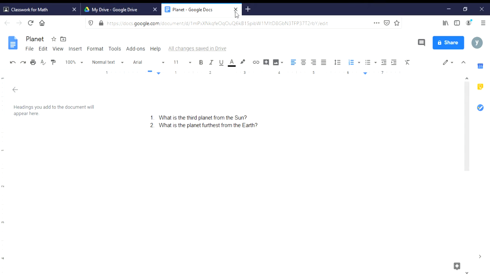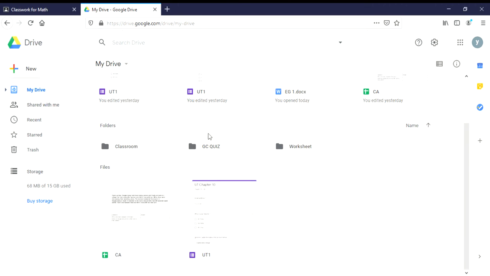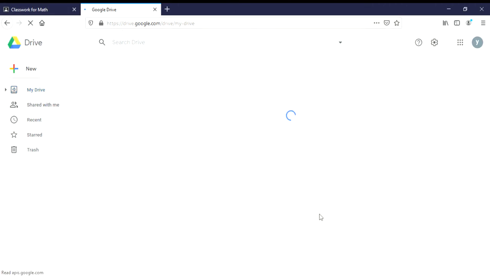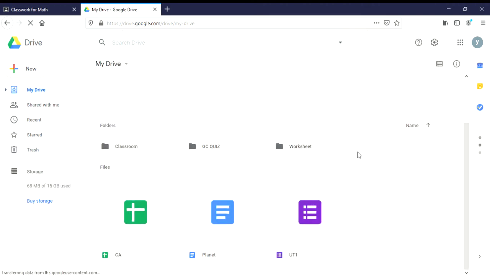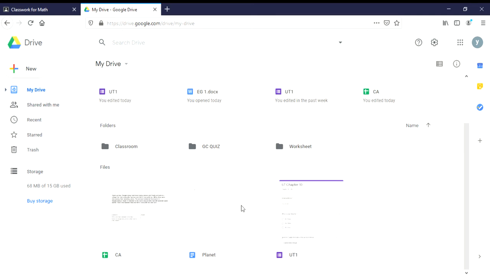You don't have to do anything, you just have to close it. And then if you refresh your Drive, it will appear here. You see this planet? Okay, so that's one. Making questions using Google Docs or Google Sheets.